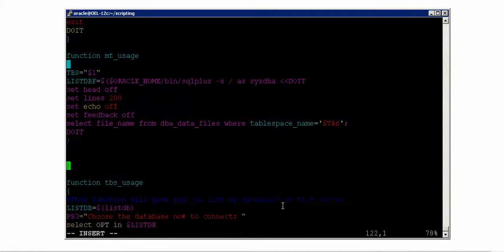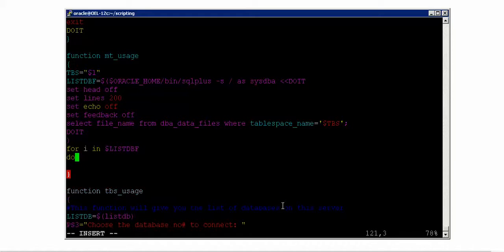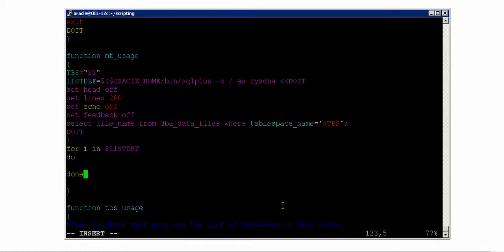Now the next thing I have to do is cut down this variable, and for i in dollar list dbf. Okay, that's the variable I have given. Do, and then done. First, for each one, it has to identify the mount point name, isn't it?